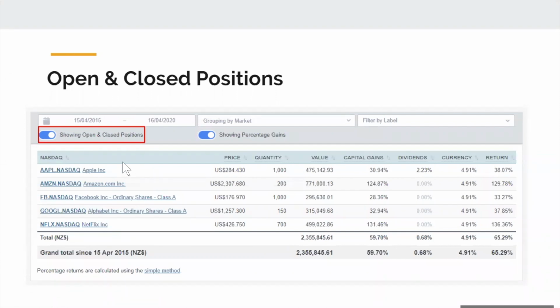If I'm including closed positions, then the gain on that sale is included in the capital gain figure. And by doing so, it just might obscure what's going on when I'm checking on how my current shares are performing each day. So it's useful to be able to just filter on open positions, but equally, when